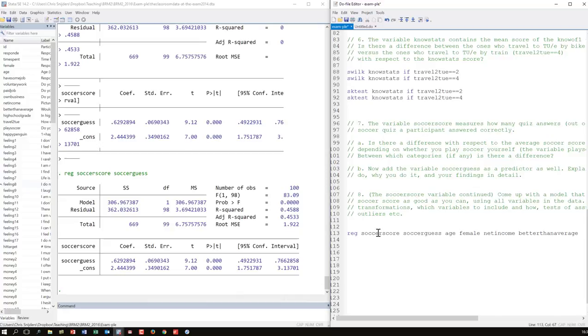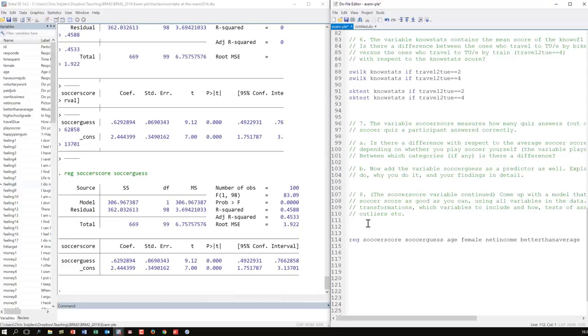Then that happy penguin variable, that shouldn't do anything because that was randomly distributed. Then we get a long list of item batteries, so feeling 1 through 17 or so. If you think that it is a good idea to add these, that feeling battery was about how happy you feel, then do not add them separately, but add them in a way that is better, namely after running an alpha command on all these feeling variables.